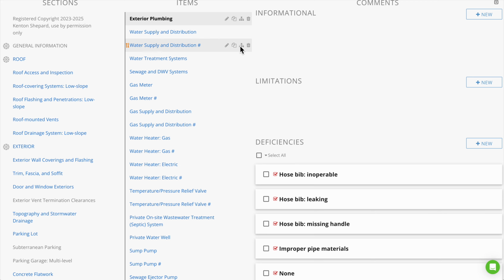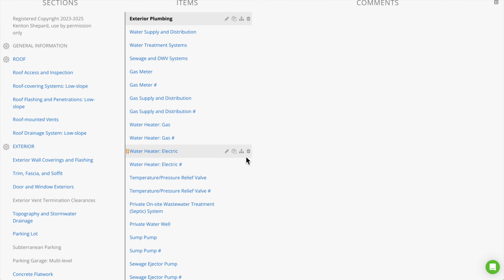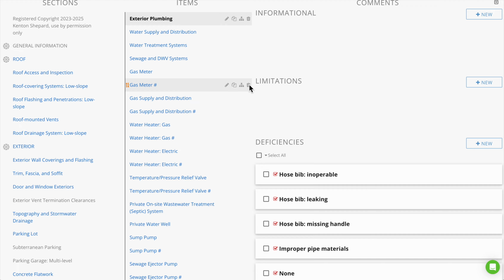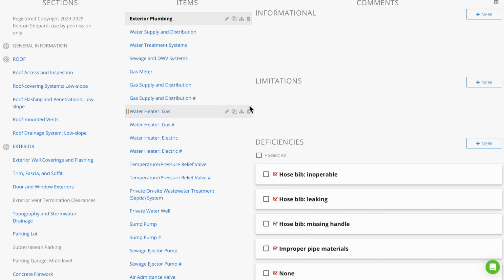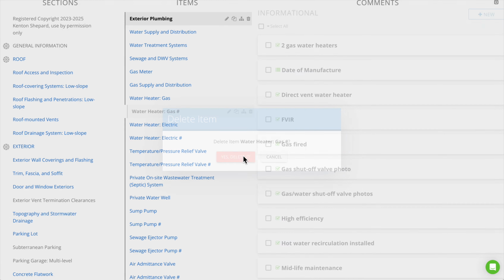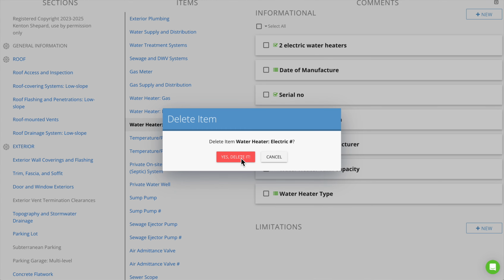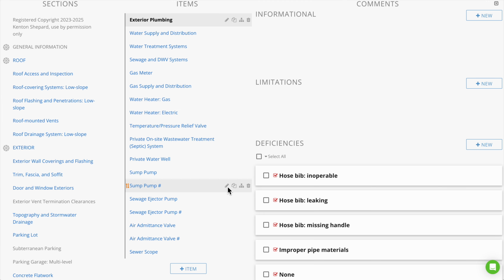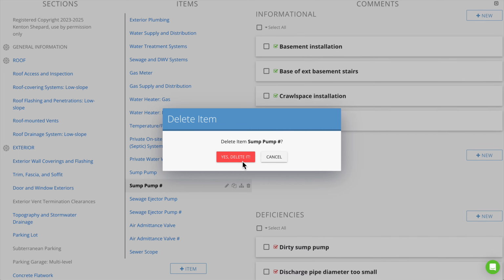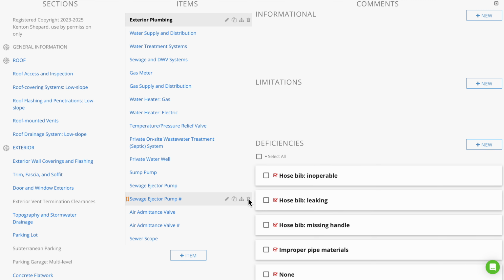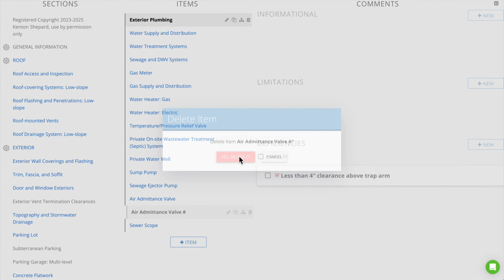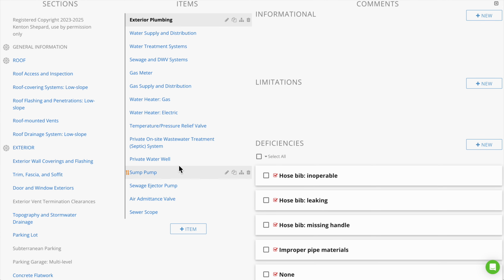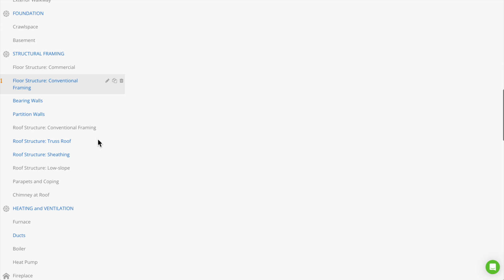But just to make it smaller, we're going to go ahead and delete the ones that are set up for room numbers. And moving on down through the sections